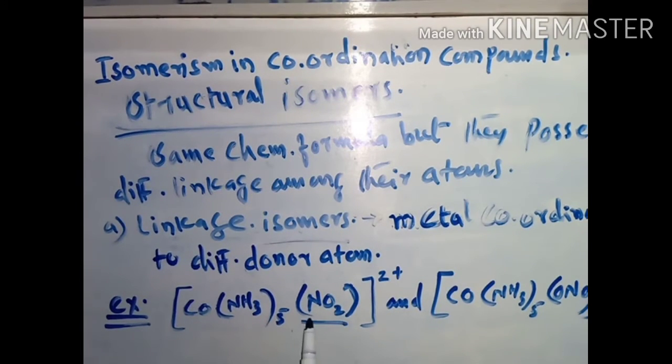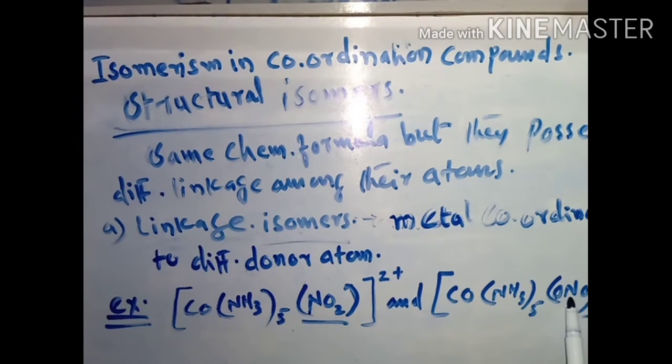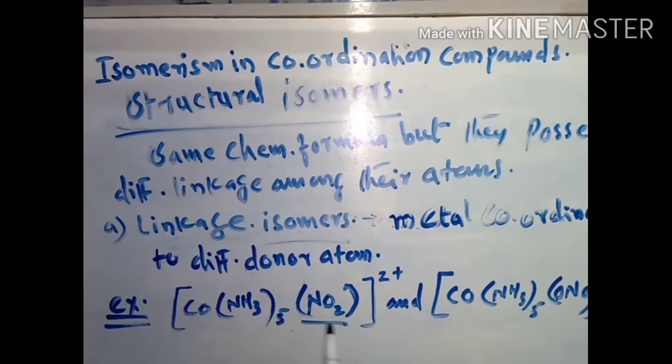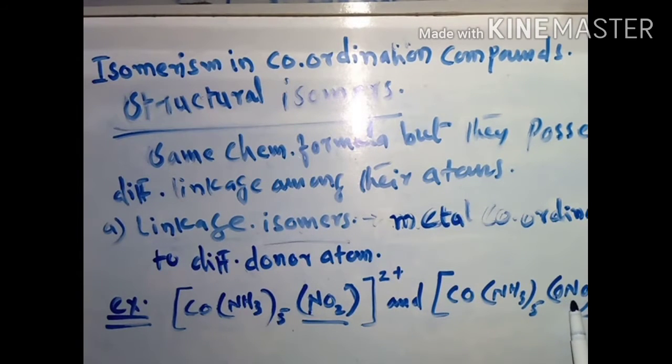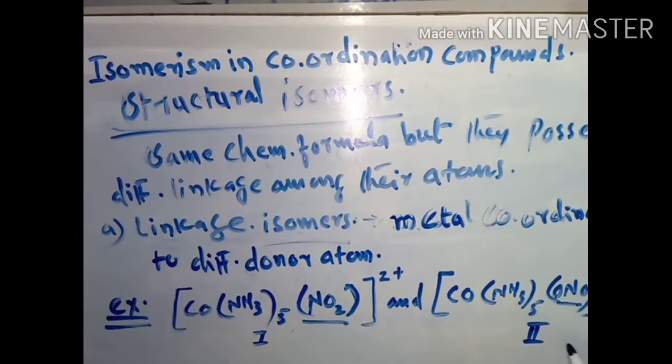This NO2 is written as ONO, there are two oxygen in the nitro group and one nitrogen. That's how we can write here ONO, two oxygen and one nitrogen, that is NO2. So it is written in this manner. In the first complex the nitro group is written as NO2, and in the second complex the same,